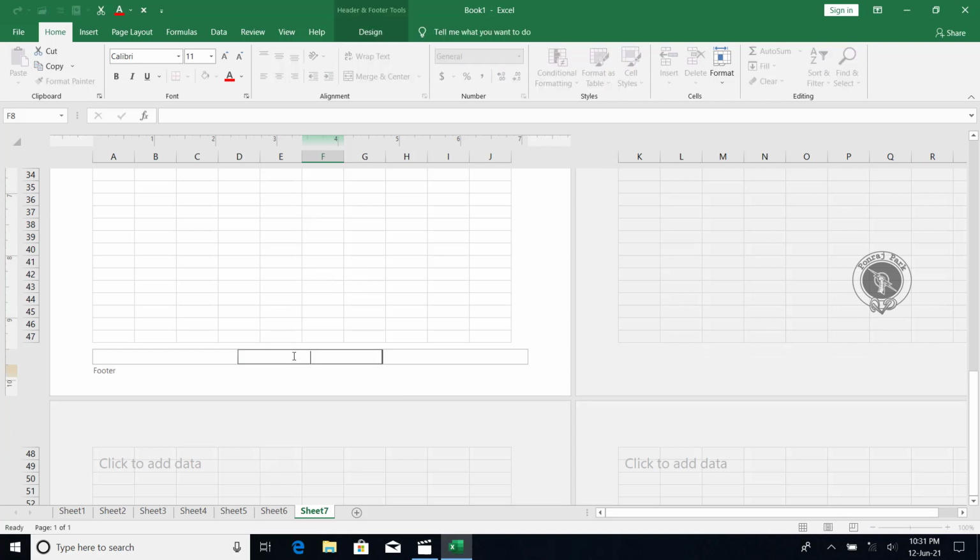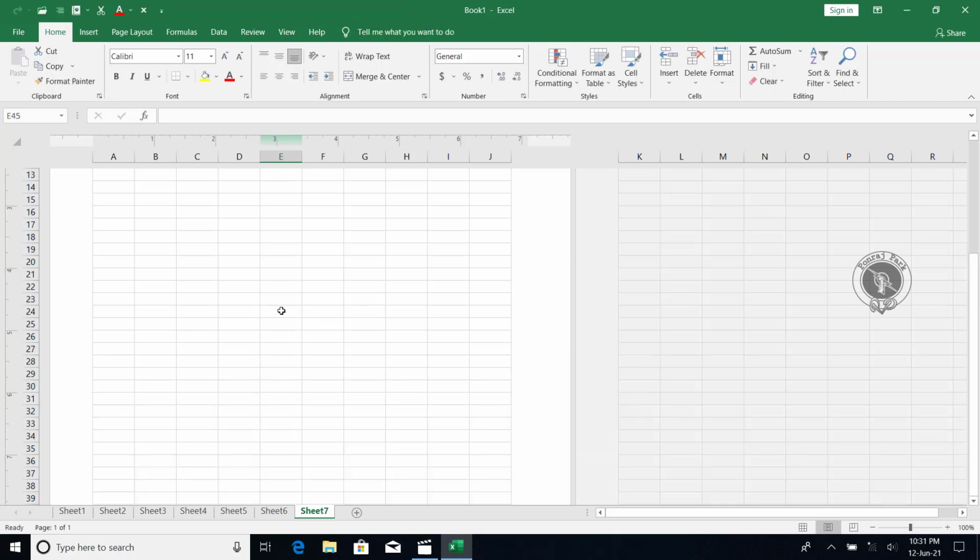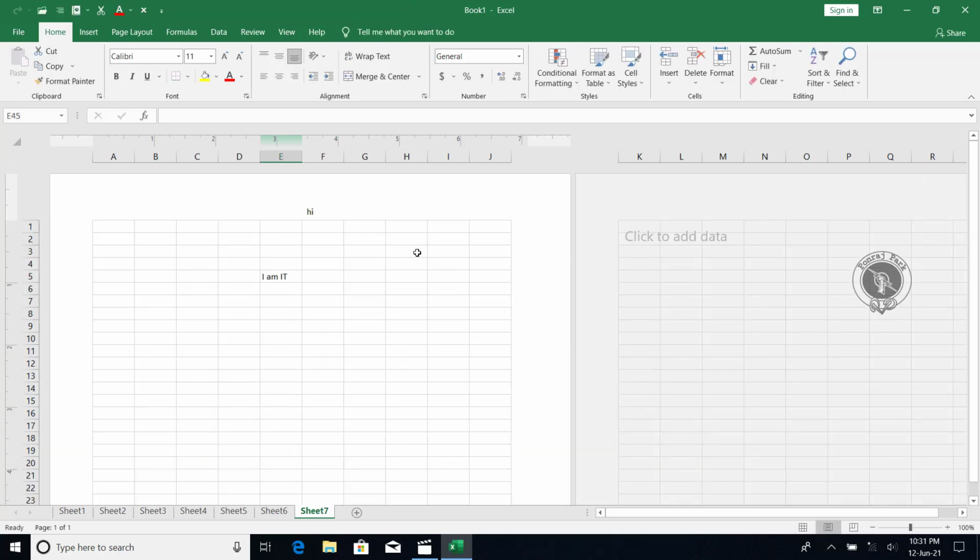Maybe later on we will cover this page layout section, or in the insert tab, among all these tabs, you will see what this header and footer is. At that time you will clearly know why we are using this header and footer. Right now we are mostly using it for header and footer. And the working area you can also see from here, and you can resize it as much as you want. But I think it's better that we see this option in detail when we go to the page layout option.